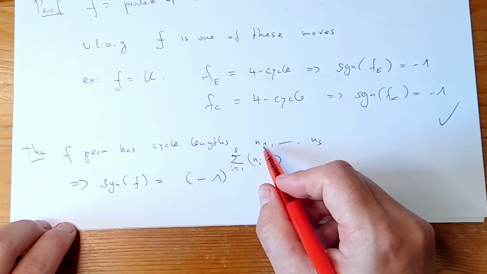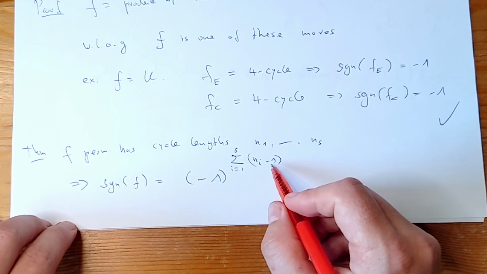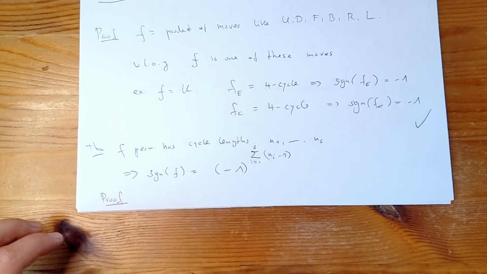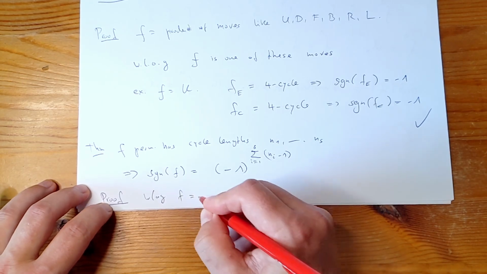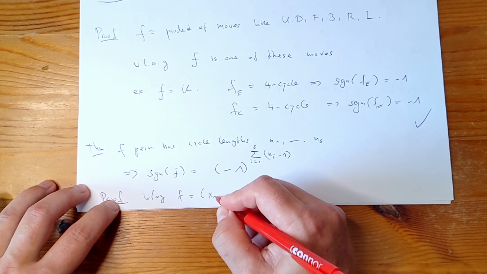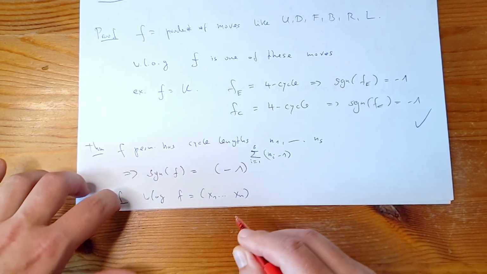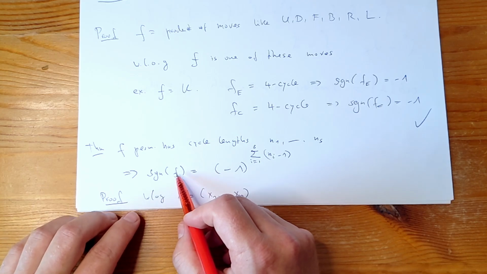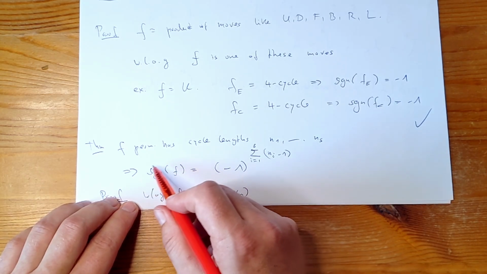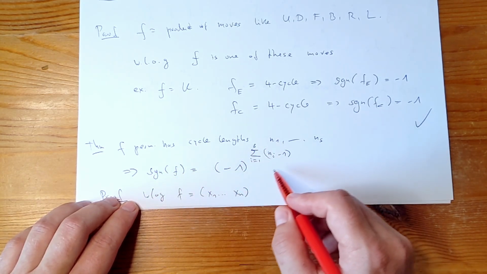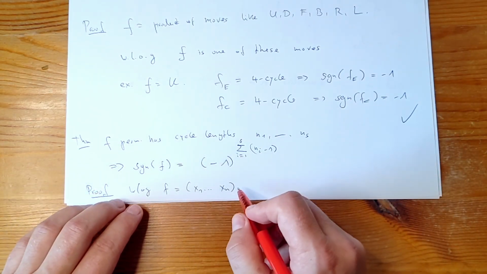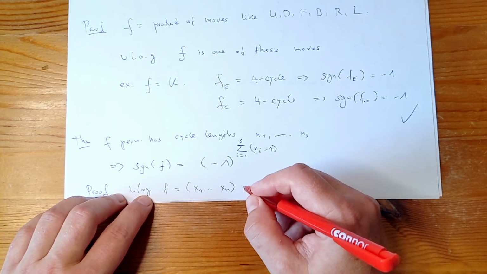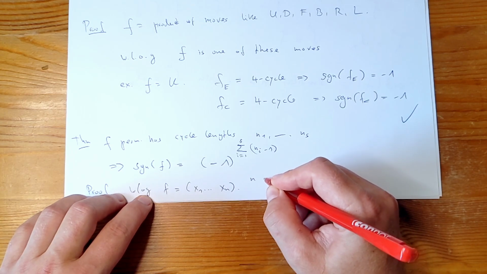So we sum up all the cycle lengths, but with -1. So for the proof, we can assume that f is an n cycle, because when f is a product of cycles, we can use that this is multiplicative and this is also multiplicative. So we can just assume that this is one cycle here, and then we see that when n is odd,